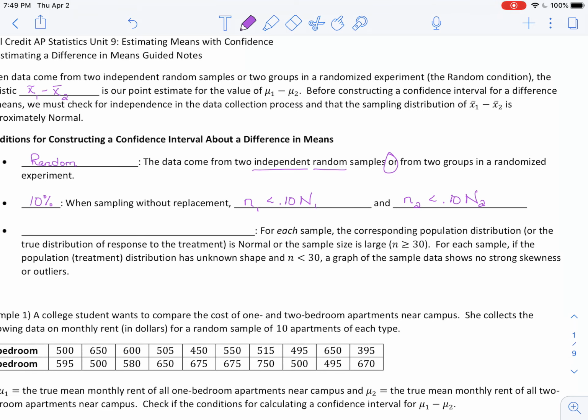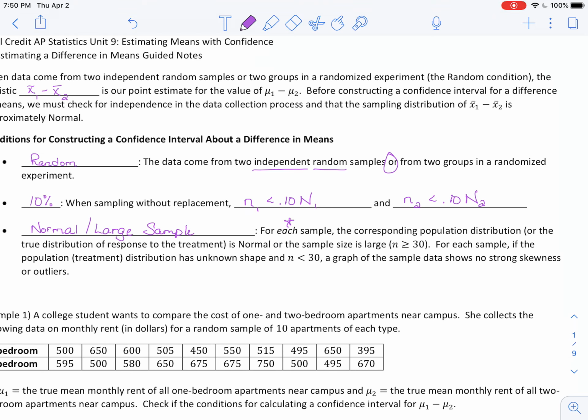And then just like last lesson, we're checking the normal/large sample condition to make sure that we have something approximately normally distributed. That was our third condition in lesson 1 also. Again, there are 3 ways this could be satisfied, but it does need to happen for each sample. The corresponding population distribution could be said to be normal. That also could just be the true distribution of the response to the treatment. So it's not a population, but how people respond to, say, Advil or something. Or it could be that the sample size